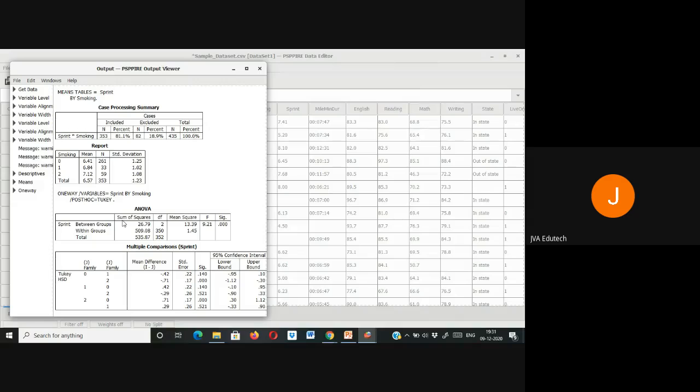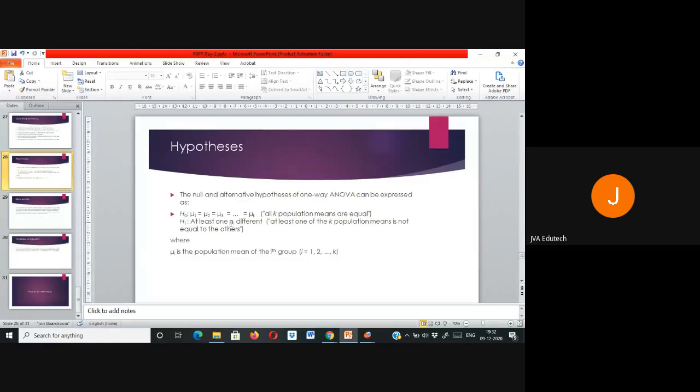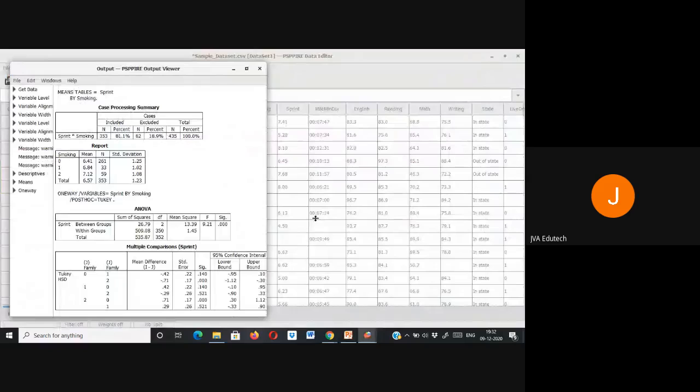What inference can we draw from here? What can we conclude? So the p value is significant, so the null hypothesis is rejected. And if the null hypothesis is rejected, it will tell us that at least one of the groups differs. So we will write here the results